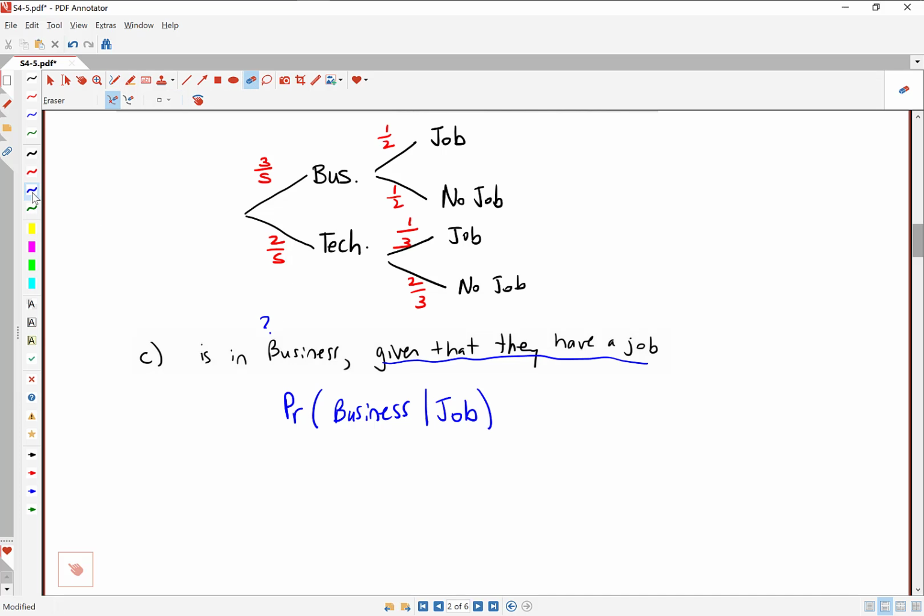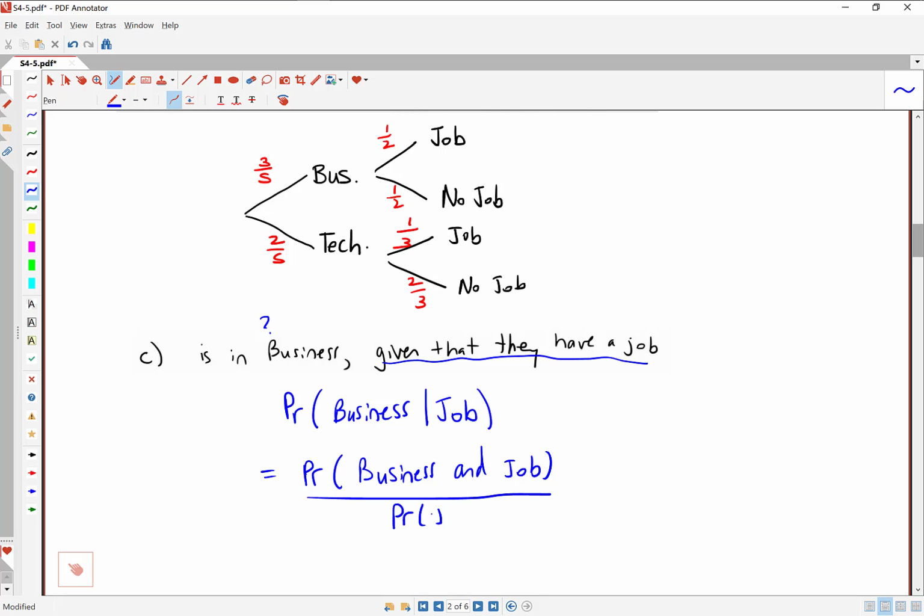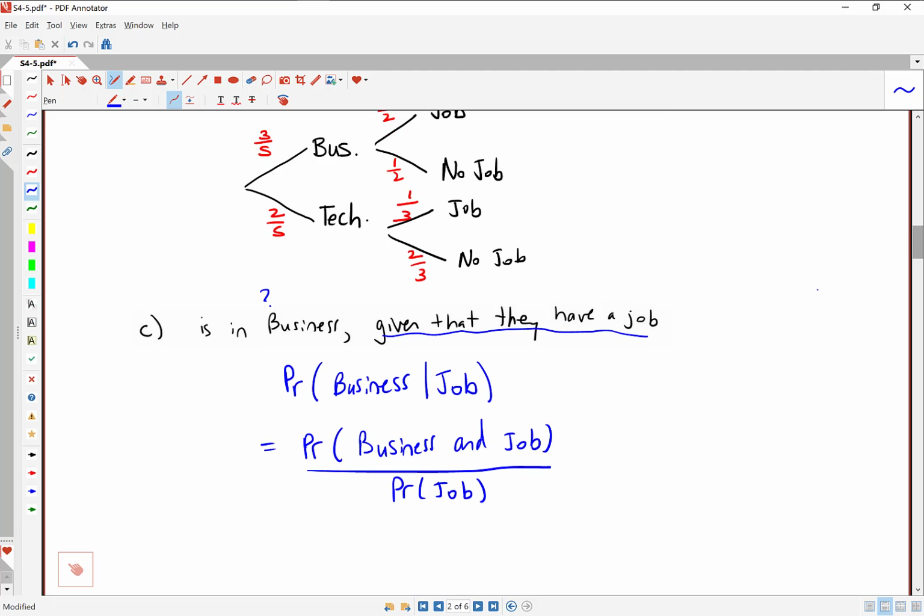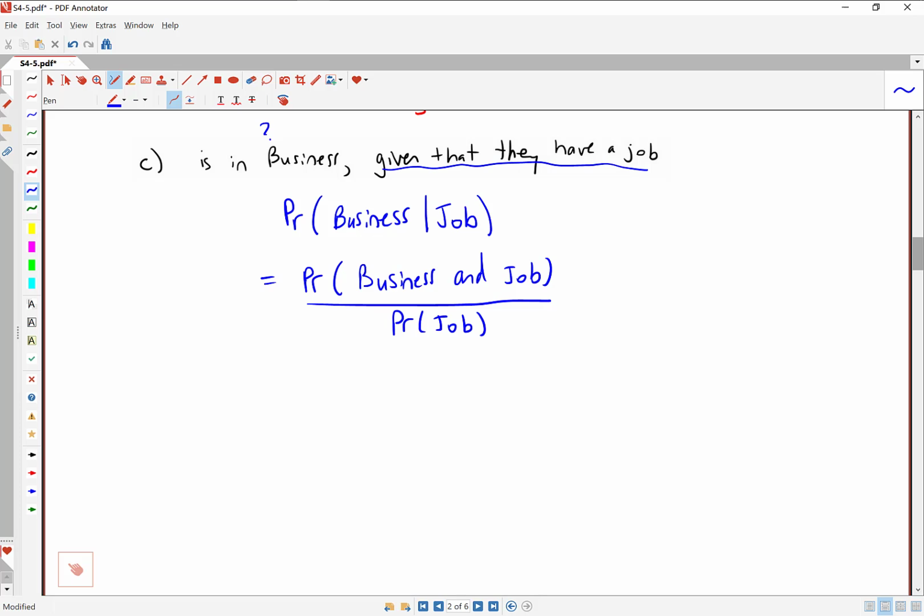Let's remember our conditional probability formula. So you go probability of this and that, business and job, divided by the probability of the given information. So dividing by the probability that a student has a job. So part C is really just going to use the two numbers that we calculated in part A and part B. In part A, we calculated the probability that a student is in business and has a job. We found that to be 0.3. And in part B, we calculated the overall probability that a student has a job. We found that to be